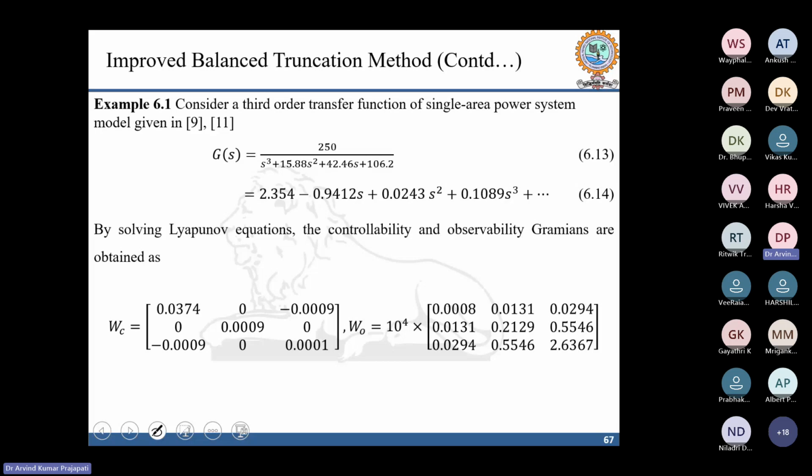So here I have implemented our proposed method on the single area power system model, which I already told you is the system modeled in references 9 and 11. So we will first use the balanced truncation method for calculating the denominator polynomial. For calculating the denominator polynomial, the first step is you have to calculate the